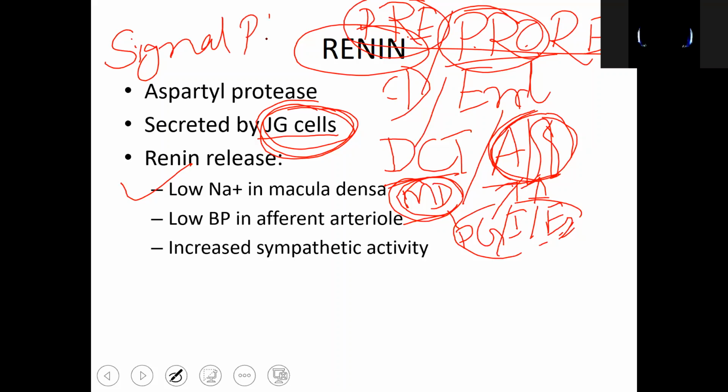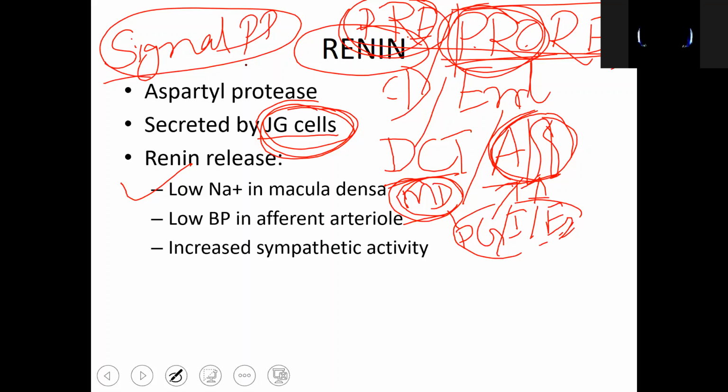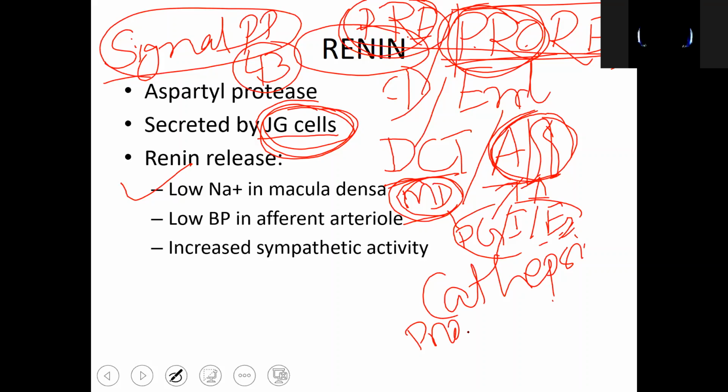Okay, signal polypeptide, and after cleavage of the signal polypeptide, whatever remains is the prorenin. And this pro part is 43 amino acids, that is to be cleaved by the action of an enzyme, cathepsin or proconvertase. Okay, we'll see it again later in the later slides. So that splits this pro part. So after the action of the proconvertase, only the renin remains.